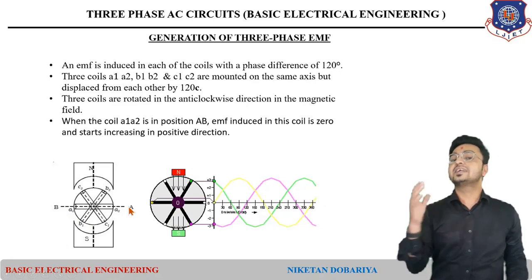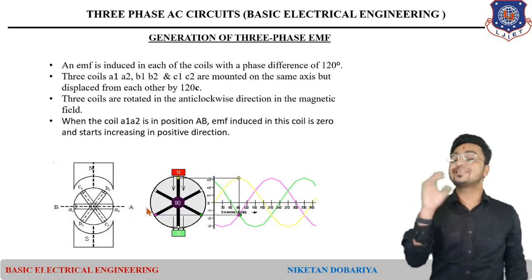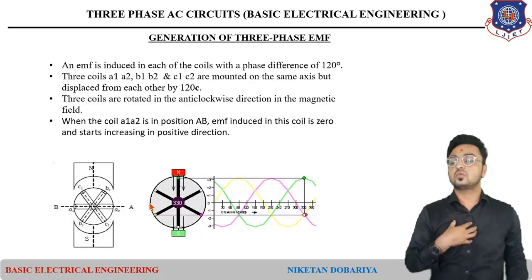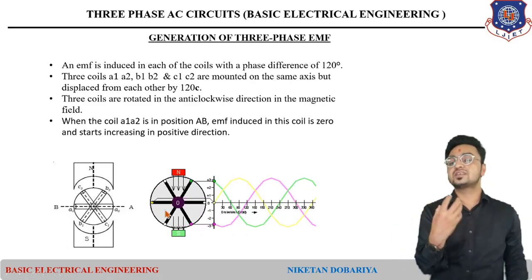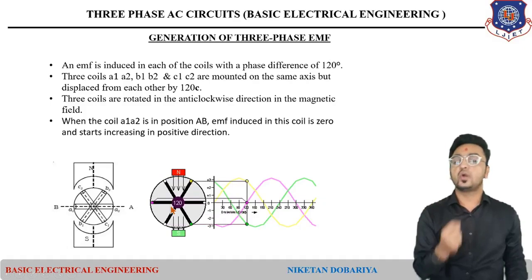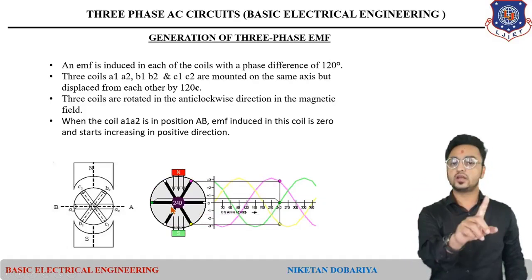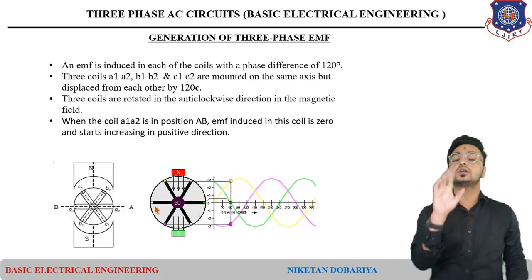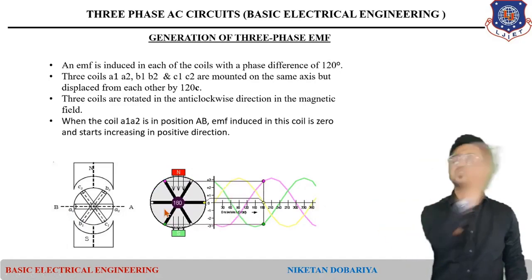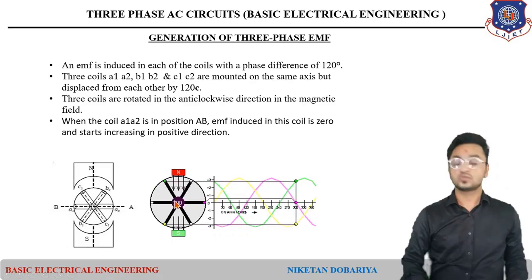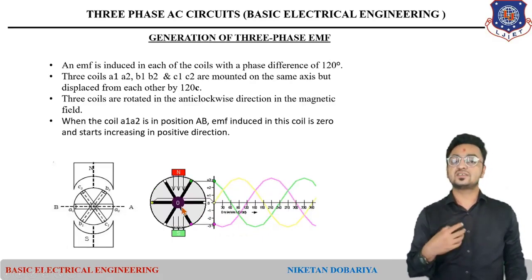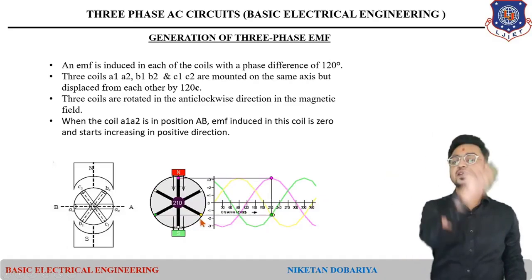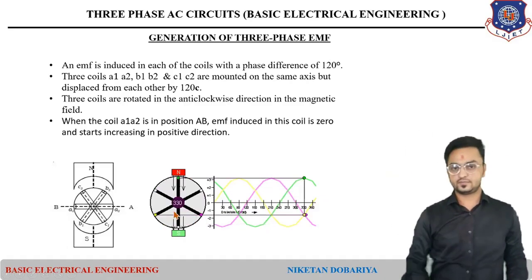As we discussed the single-phase system, there was a single circuit and a single voltage. As we want a single voltage, a single EMF, we arranged a single coil, and in that single coil we were getting one voltage that was provided to one circuit. So that was a single-phase system, where we get one voltage and it is provided to one simple circuit.